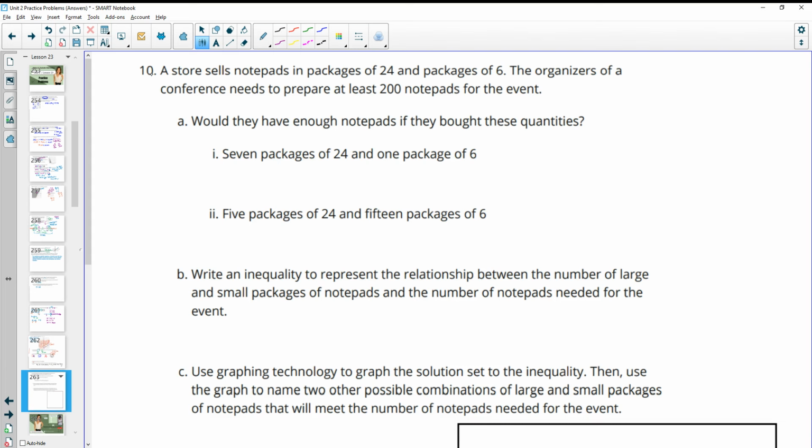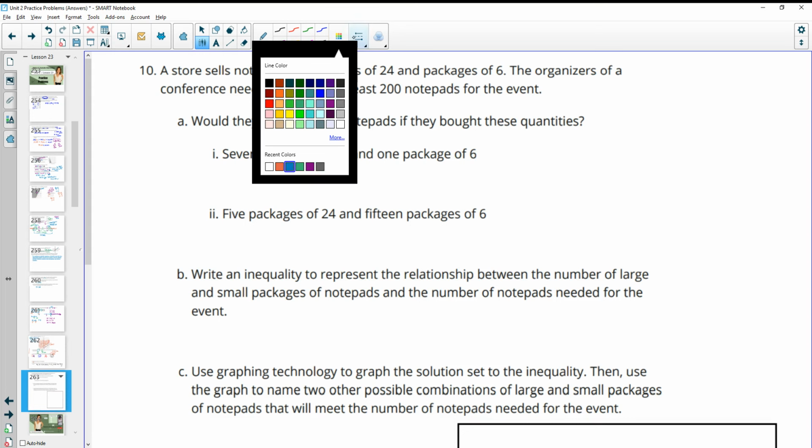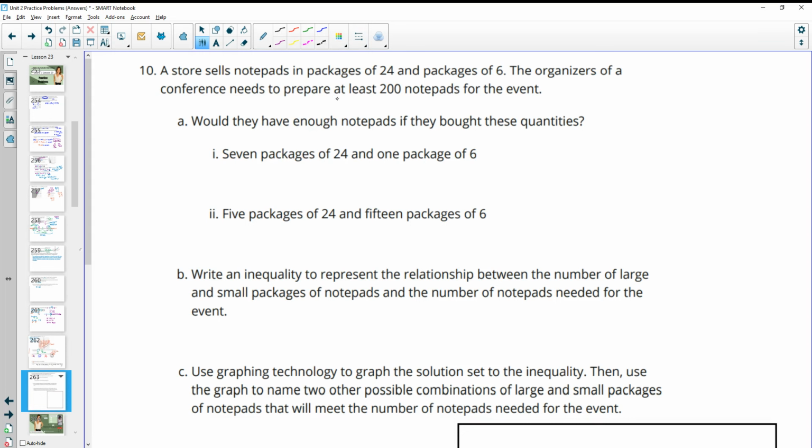All right, then finally, number 10, a store sells notepads in packages of 24 and 6. The organizers of the conference need to prepare at least 200 notepads. Would they have enough notepads if we had 7 packages of 24? So 7 packages times 24 notebooks and 1 package of 6. So then plus 6. 7 times 24